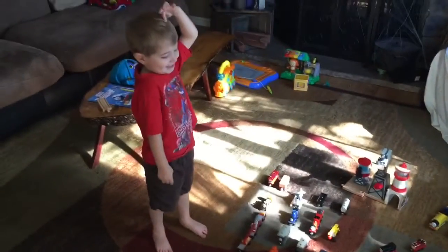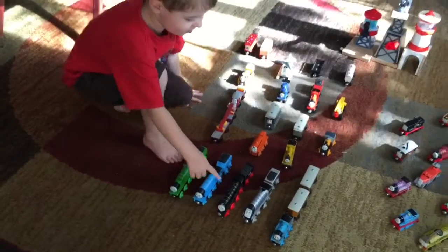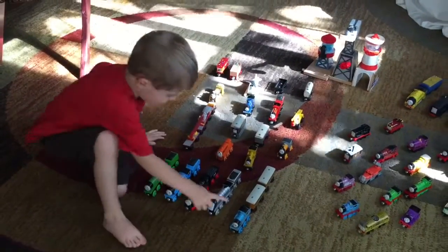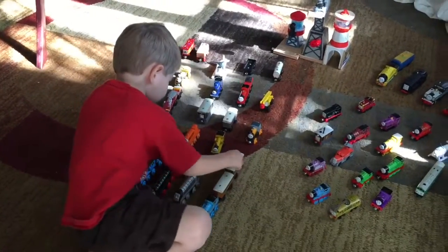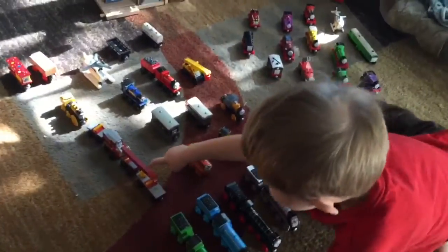Alright, show me your trains. This one's Hammy, and this one's Golden, and this one's Hero, and this one's Spencer, and this one's Thomas, and this one's Quail, and this one's Annie, and this one's Duncan, and this one's Terrence, and this one's